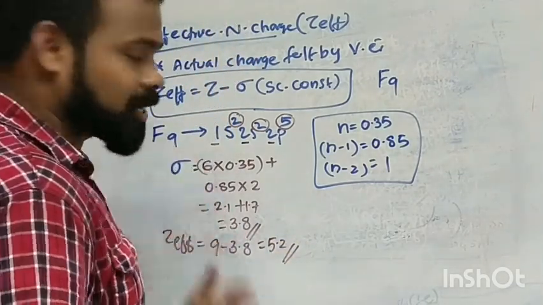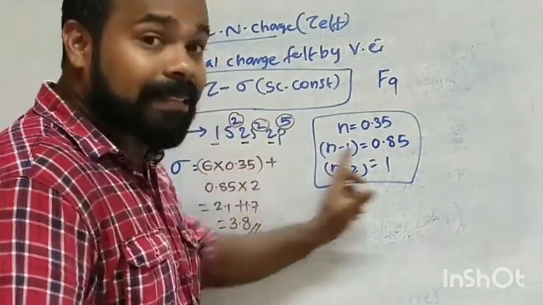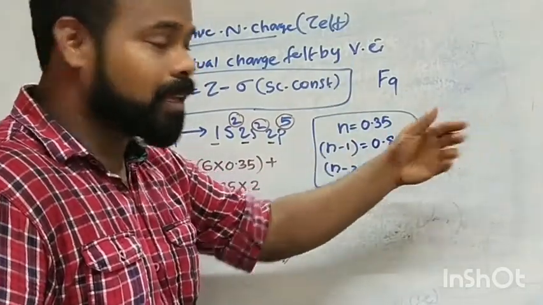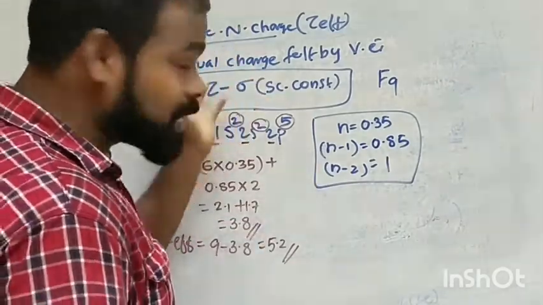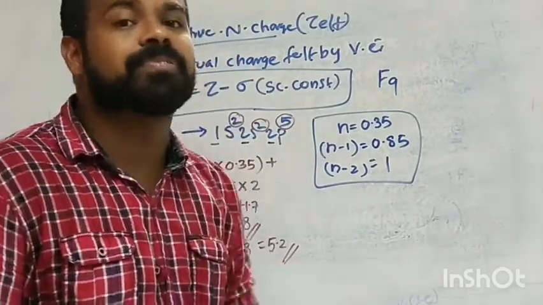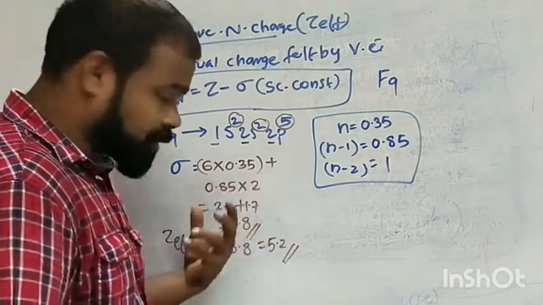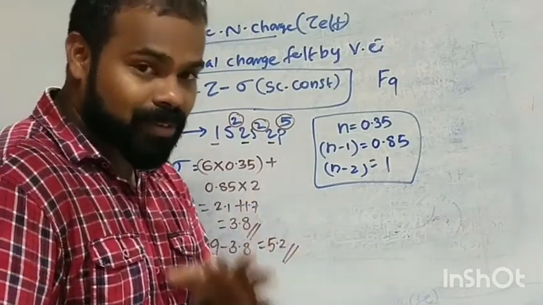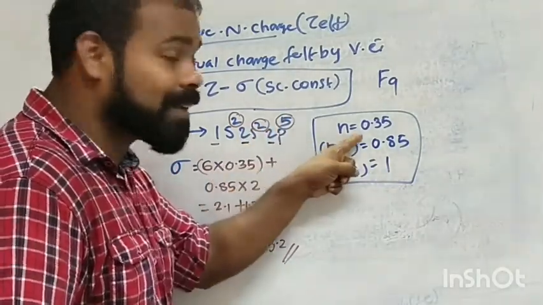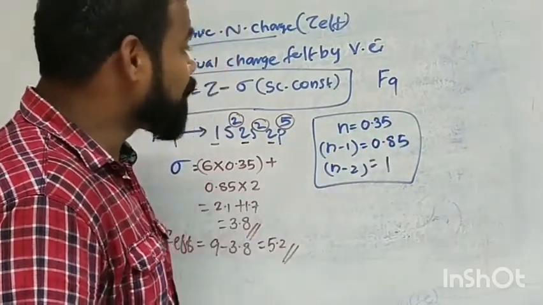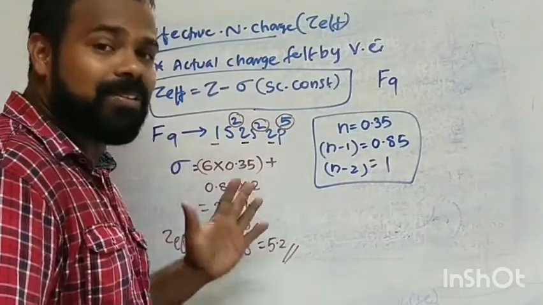Clear to all of you? First write the electronic configuration. Next, take the nth level, the last orbital. We add the total number of electrons there, as we were counting the effective nuclear charge. Therefore, for one electron, how much charge is felt, we want to count. So just subtract 1. That 1 electron we subtract. Total 7 are here, but I chose only 6. Into the nth level, we multiply 0.35. Like that we apply here. Finally, you will get one value.